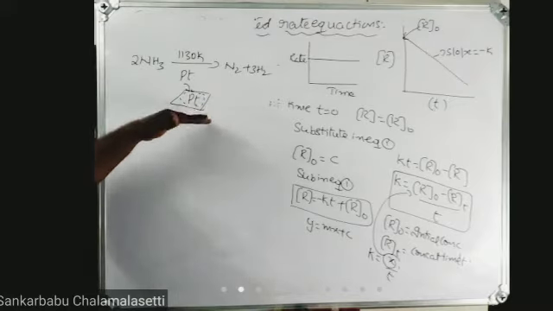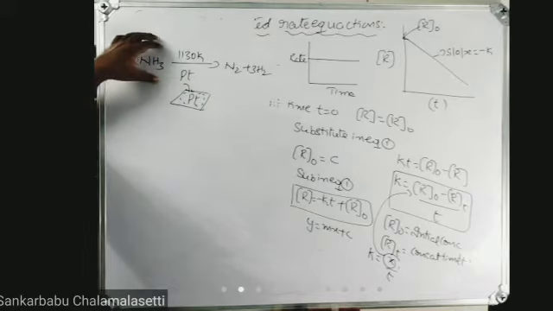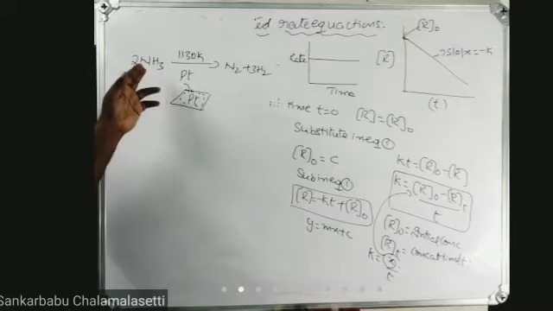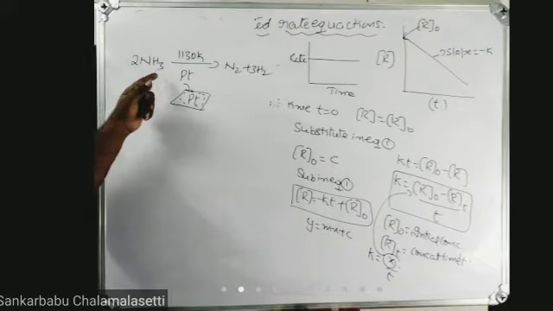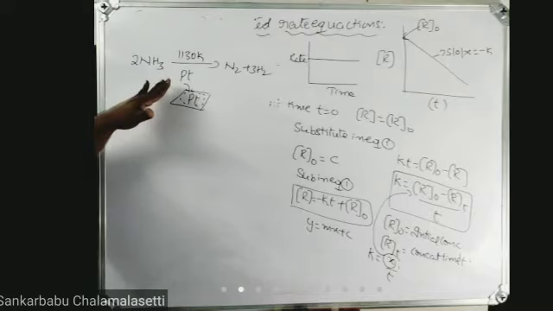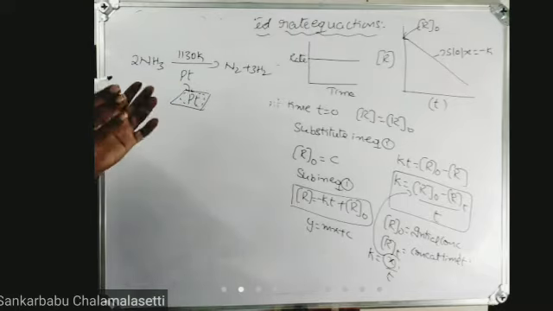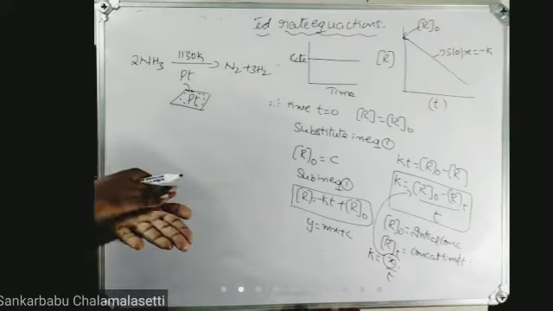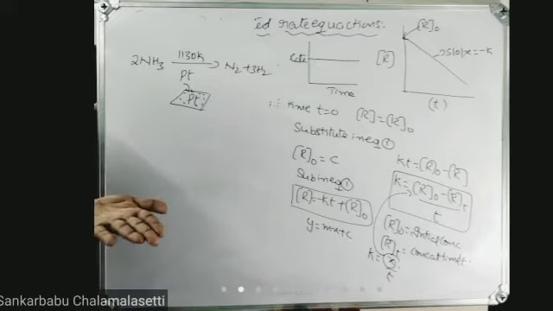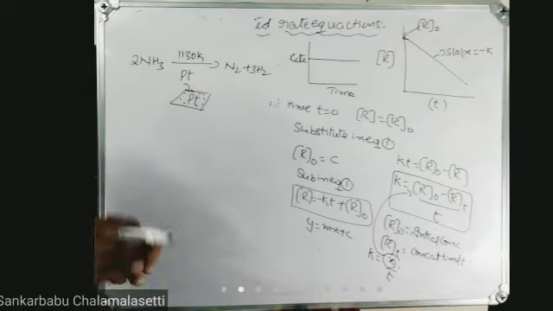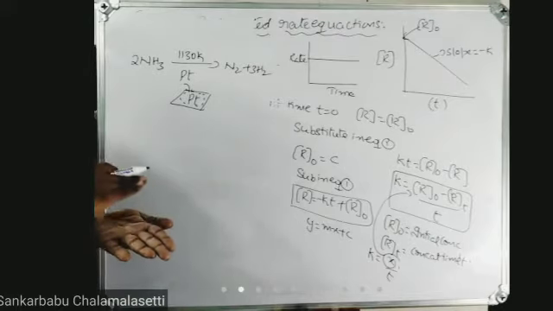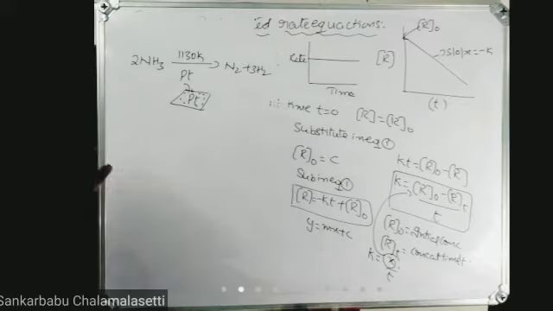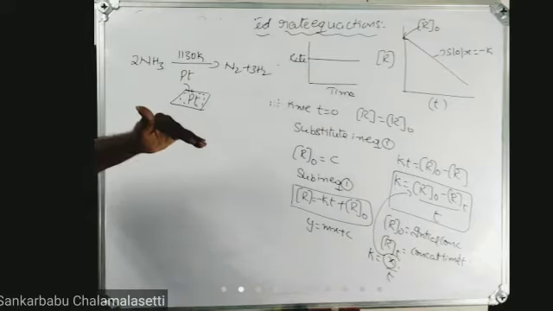So the rate of the reaction does not depend upon the concentration. Even if you take more amount of ammonia, the reaction will not depend on the concentration of ammonia, because at high pressure a unilayer is formed. It means the activity of the catalyst is already over, because the catalyst surface is covered with ammonia. It forms a unilayer. So the surface of the catalyst is not available for further reactants. As a result, at a high pressure, it is a zero order reaction.